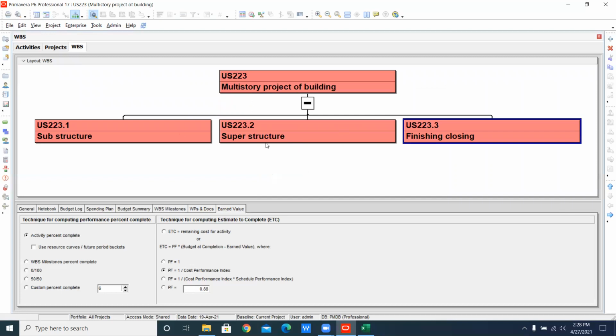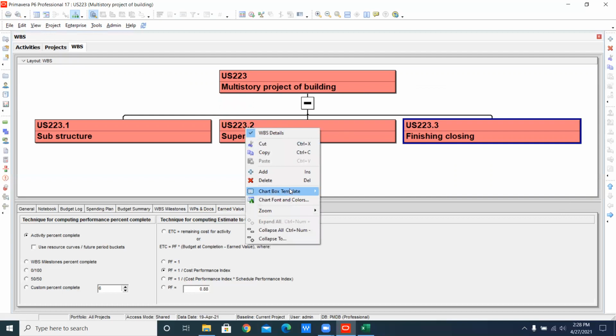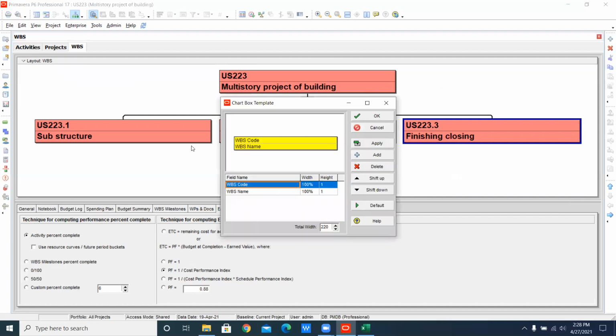Now you can see that the thing you want to see here is not available at that time. Then what will you do? What do you do to make it appear on the screen? Just right click here, go to the chart box templates and customize it.